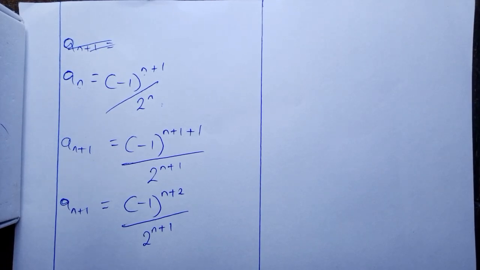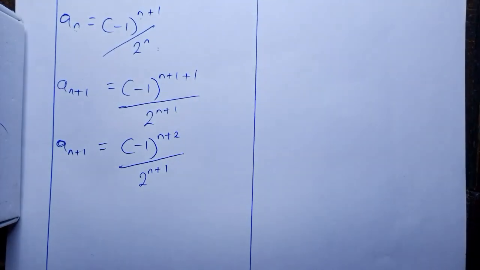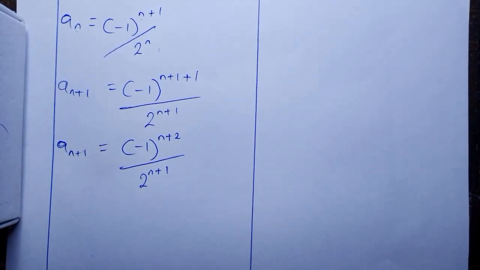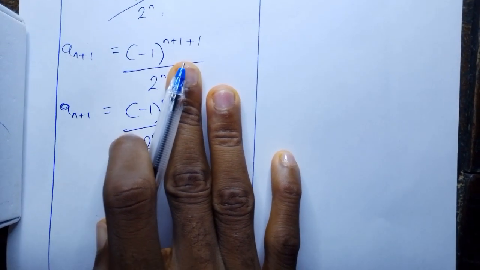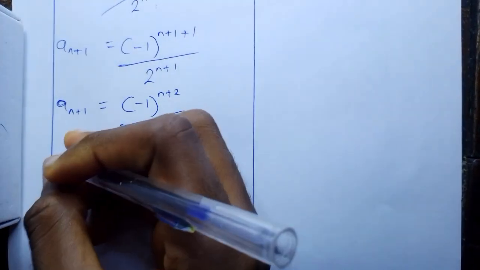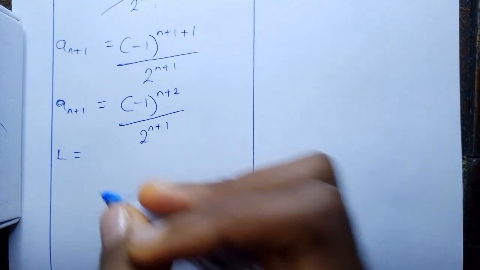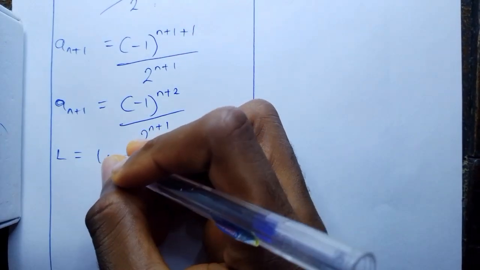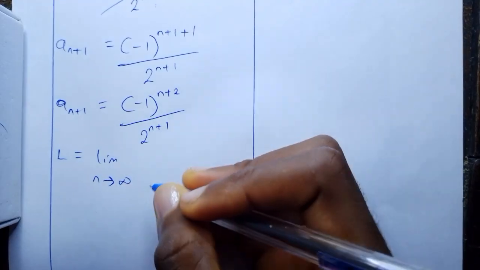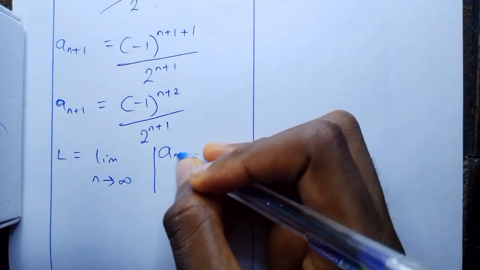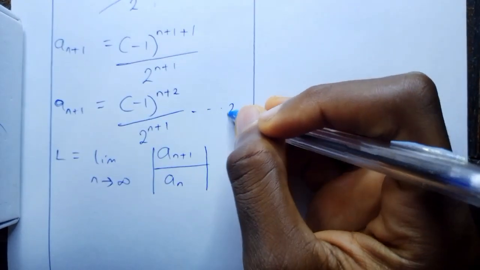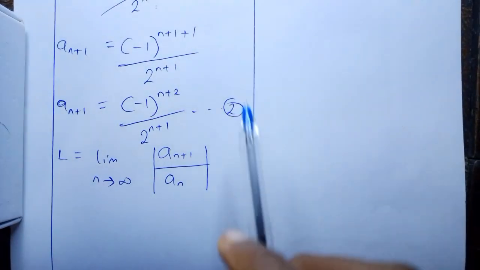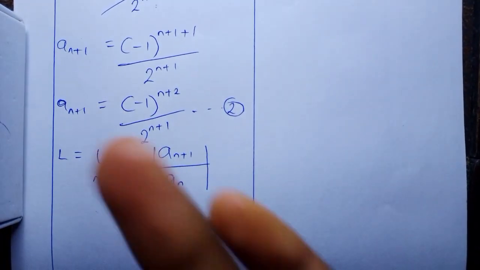So back to business. We have successfully found our a_n and our a_(n+1). Now we can easily find our limit, right? So now our limit L, according to our ratio test, is the limit as n goes to infinity of the absolute value of a subscript n plus 1 all over a subscript n. Let's call this equation 1 and equation 2. Substituting our values of equation 1 and equation 2, which are our a_n and our a_(n+1), we have that our limit L